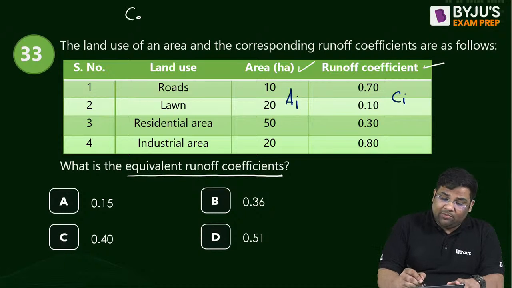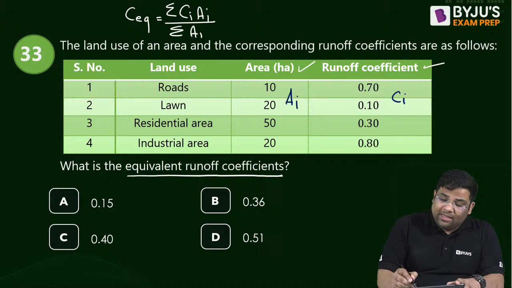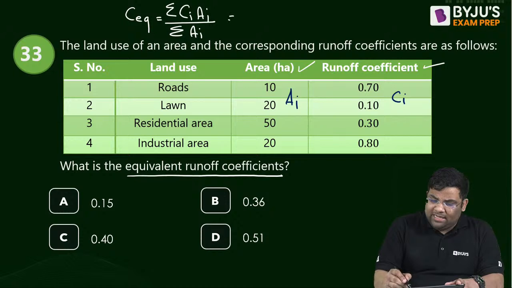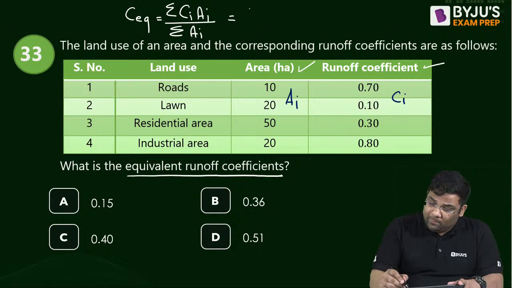Very easy. The equivalent one will be how much? It will be equal to summation of CiAi divided by what? Summation of Ai. Very easy. So if you take the summation of CiAi, 7 plus 2 plus 15,